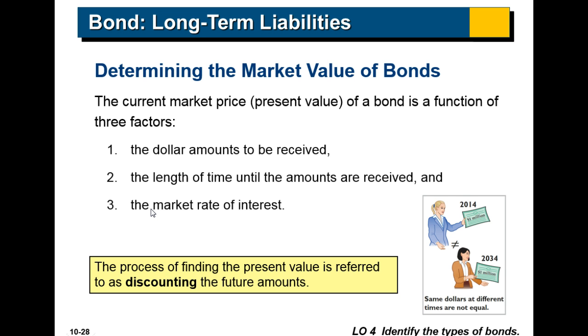So basically, the bond, or the certificate, shows the face amount, the stated interest rate, and the maturity rate. But we have to deal with various market conditions to determine really the market price, the market rate of interest,